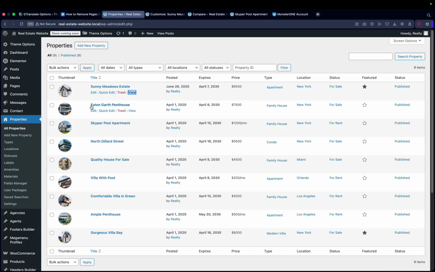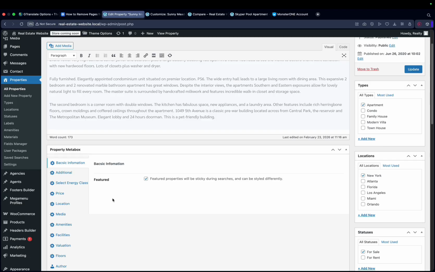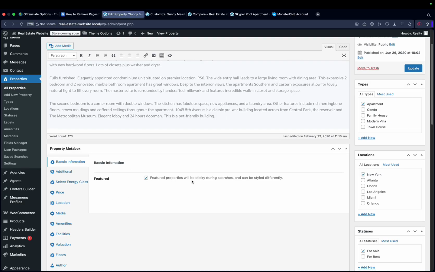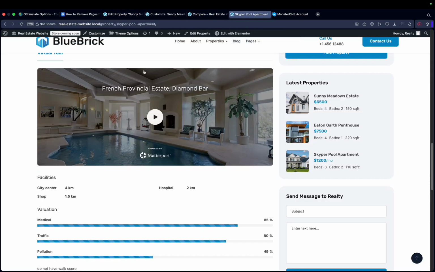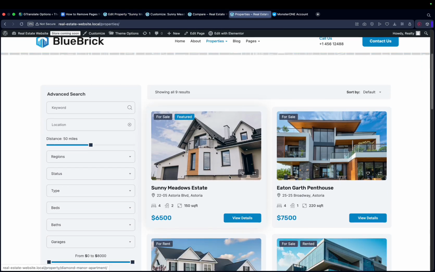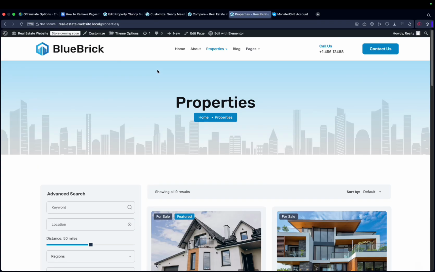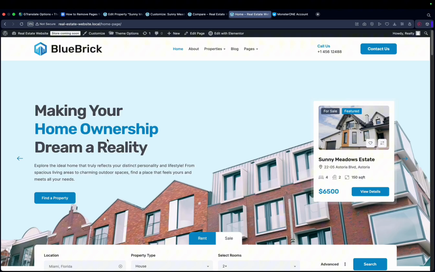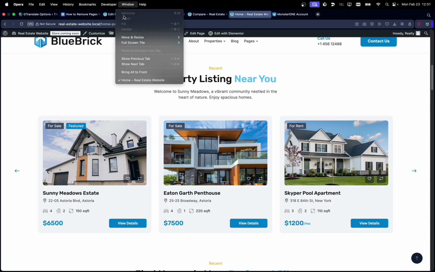But before then, let us click to edit this particular property. So it has is featured, which means if I come to properties, you see this is it here, Sunny Meadows. So it is a featured property, and I want to believe it's also going to be on the home page, because mostly featured properties, here it is, you see that. And then